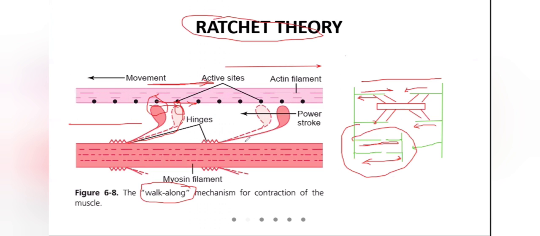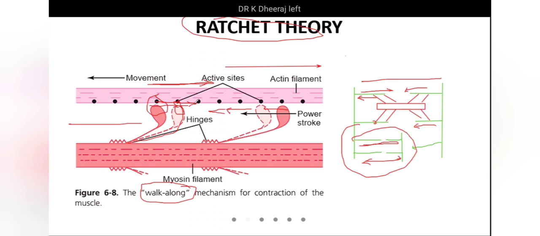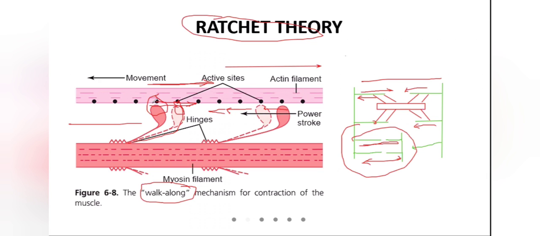Walk along mechanism. Basically, this head is walking on the actin filament. If you just keep your fingers on the floor and then move your fingers one after the other, that is called walking. So the head also walks like that. It pulls the actin like this, and the myosin will move like this. So this is one stroke. The movement from here to here, this dotted line, is one stroke. Like that, there will be many power strokes, and with each stroke, this actin filament will move closer and closer.